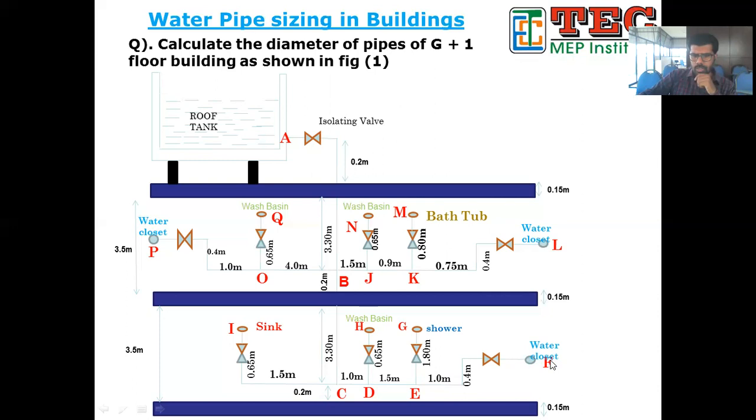This is a water closet. Give this as point F. There is this point, your shower. This will be going to one toilet. Imagine this is a toilet. So there is a wash basin, there is a shower, there is a water closet here. So give these as F, E, G, H, B, and this point as C, and the water connection is going to the kitchen sink. Take that example. So here kitchen sink, here wash basin, here shower, here water closet.